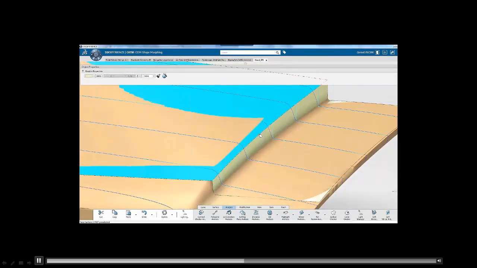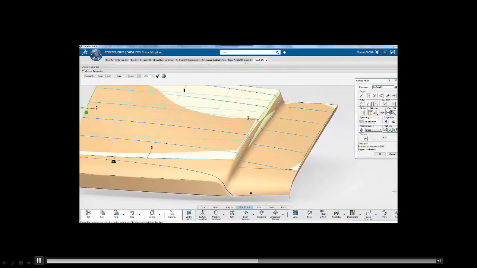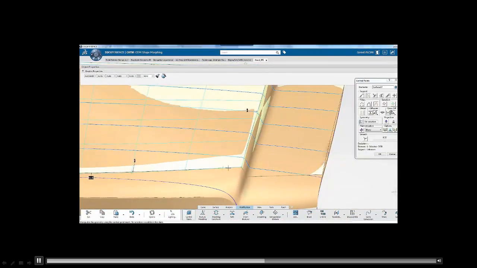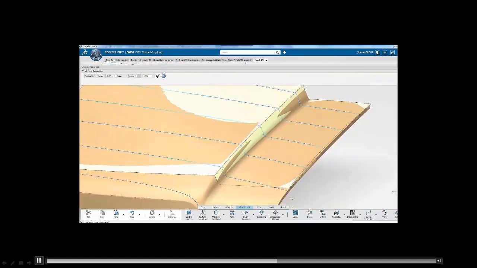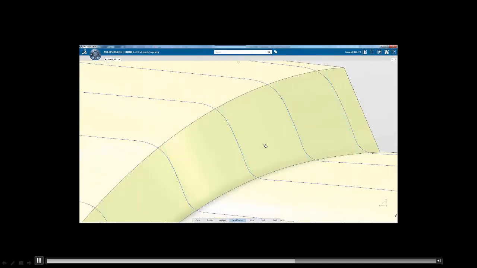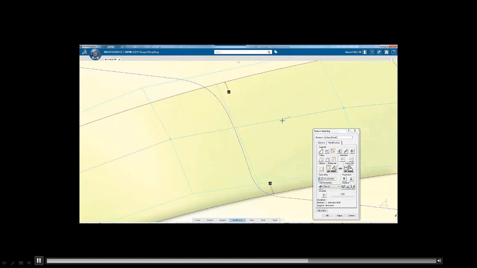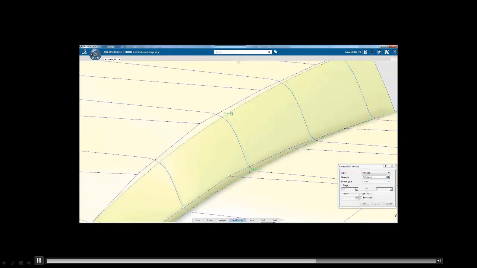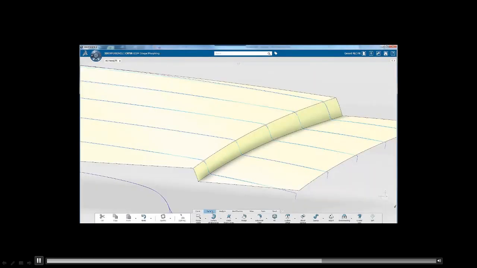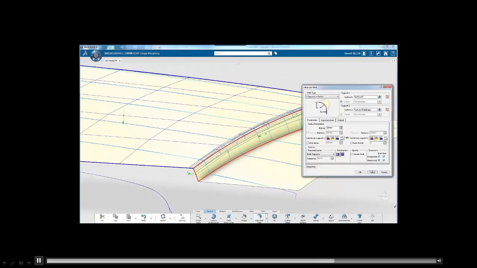Now, of course, that blend is going to update as we change the edges of this explicitly created patch. The blend in between is associative. And what we can do also is feature modeling. We've added some crown to it. It's really hard to see those sections in this. I'm sorry about that. But as we manipulate the surface of the main hood surface, the blend